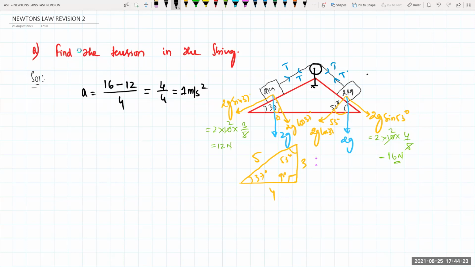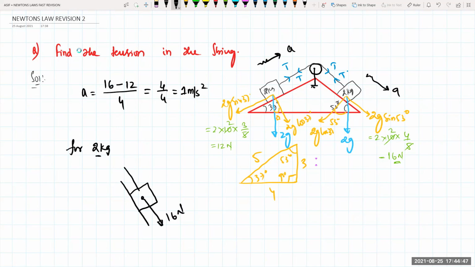So the body is trying to move in this direction with an acceleration, and this body will move with the same acceleration in the upward direction, because more force is at the 16 Newton. Okay. So now if I write the equation for the 2 kg block, now tell me what are the forces? This is the 2 kg block on an inclined surface. Here the down force is how much, beta? 16 Newton. There will be the tension here in this one, T. Acceleration of this one is in this direction. Okay?